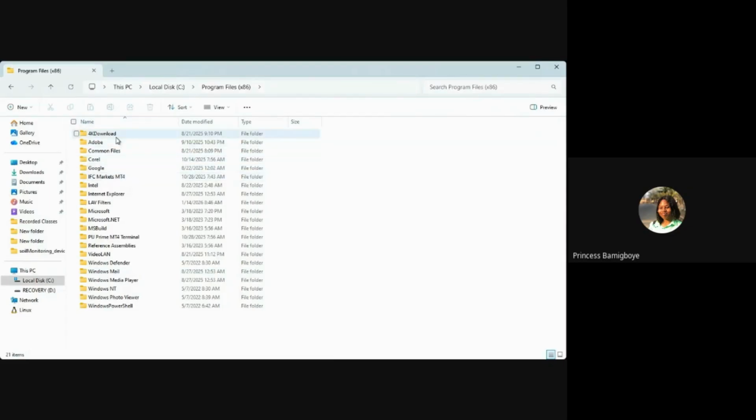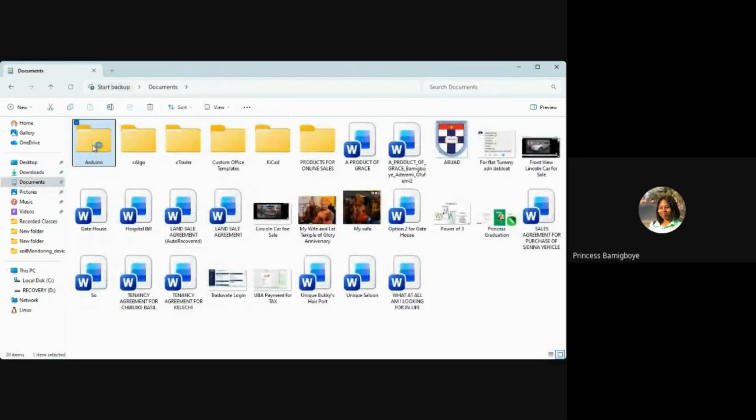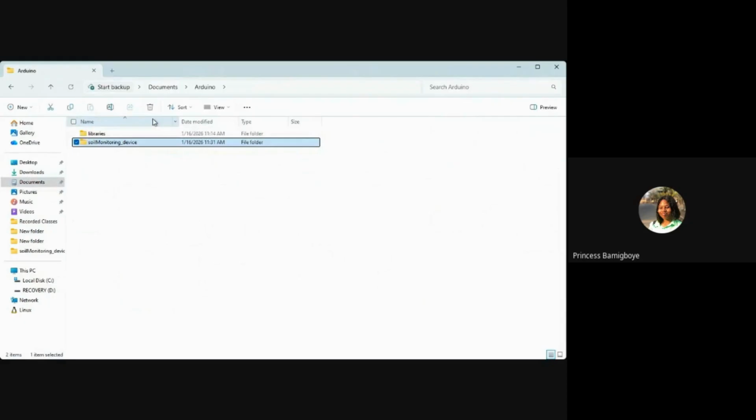But in this case, you are not saving it here. There are cases where sometimes it may override and your Arduino files may save here. But thank God this is the newer version, more or less. So you know that it is saved inside your Documents, under Arduino. So it is here. Because I don't want my Arduino to run into problems, let me just delete this, because this was just me showing you an example. So I hope you get it.